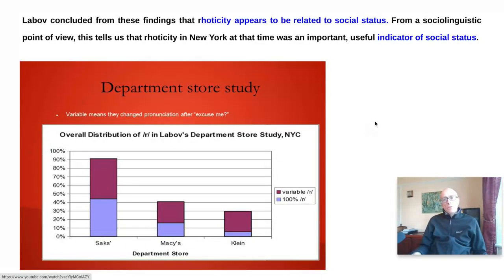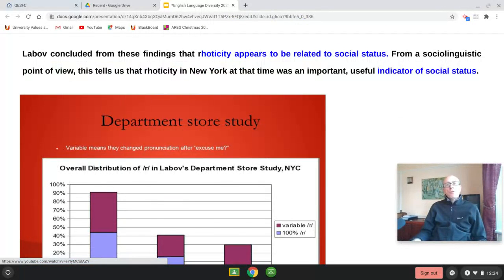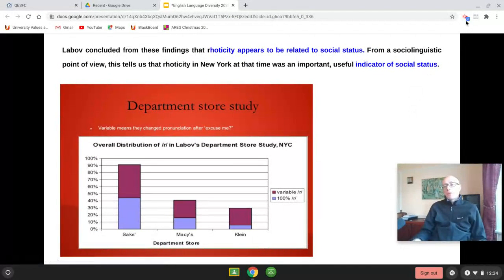Okay, so 2 very important studies done by William Labov there, following his criticism of Basil Bernstein's model of language. Okay, so we're going to stop it there, and then in the next video we're going to have a look at a few more pieces of research done a bit closer to home in Britain.